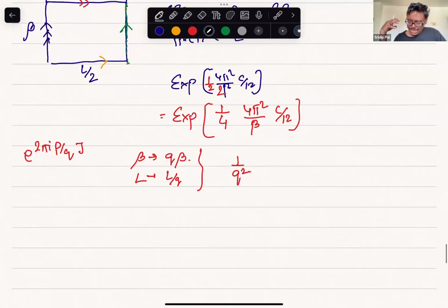And then the idea is that this argument doesn't really rely on the modular invariance, and whatever I said is nothing specific to 2D. So this argument can easily be generalized to higher dimension.